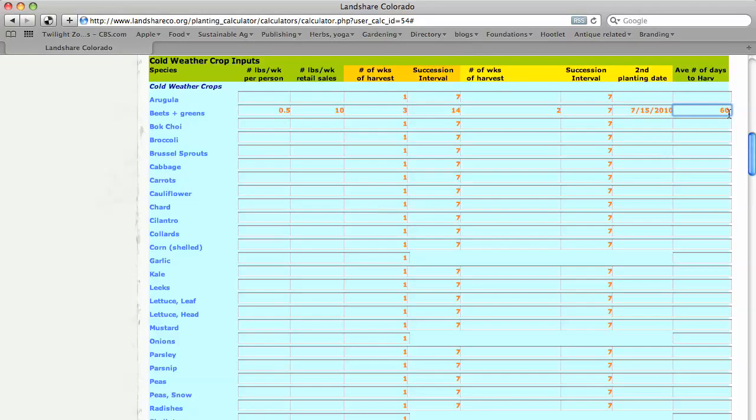Now, not all cold weather crops behave the same way. Garlic, onions, and shallots are not succession planted, and thus nothing will be filled in the fields headed in yellow for planting for a later season harvest. So for garlic,